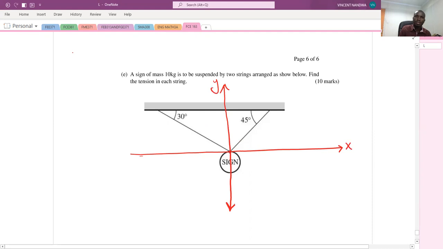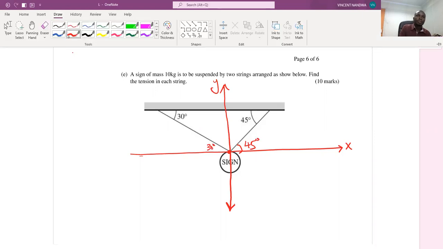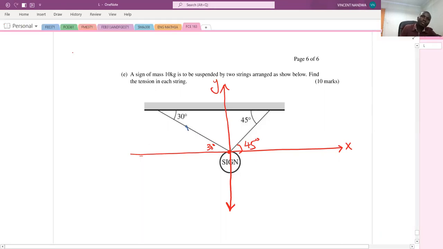So with this axis, then since this line is parallel to this, this angle will be 45, and this angle will be 30 degrees. So if I call the tension in this string T1, this one T2,